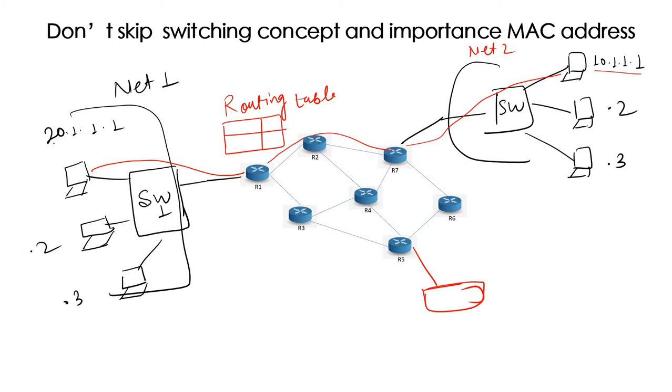But if this 20.1.1.1 wants to communicate with 20.1.1.2, then what happens? Because they are in the same network, in that case the MAC address table comes into the picture. Because they are in the same network, it goes to the switch, and now the switch checks its MAC address table to see where this .2 is connected. It knows that okay, it is connected to port number 2, and it sends that packet. So this is done based on the Address Resolution Protocol, ARP, right? The same ARP is also used with the routing table, but here the MAC address table is just used to reach the default gateway.